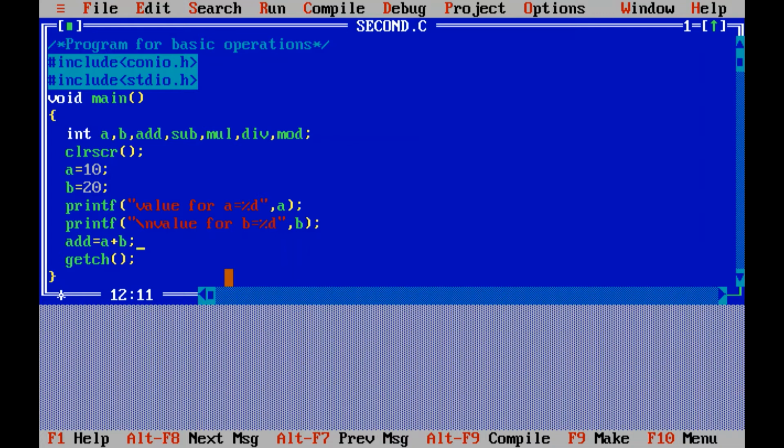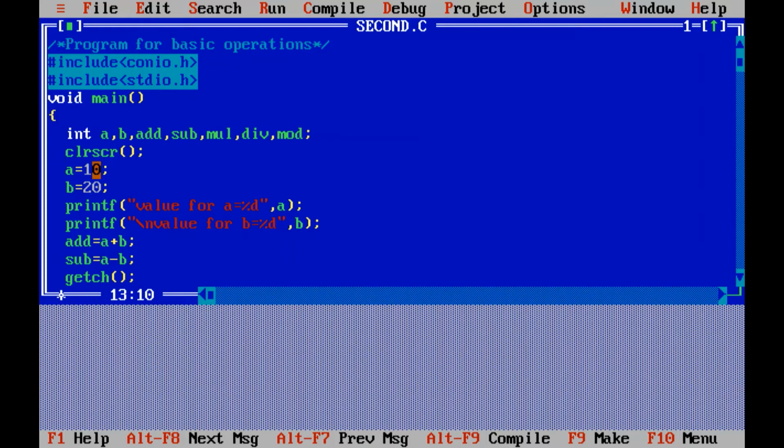Now addition is done. Next I'll do the subtraction. The subtraction value gets stored in the sub variable equals to a minus b, and then a semicolon.